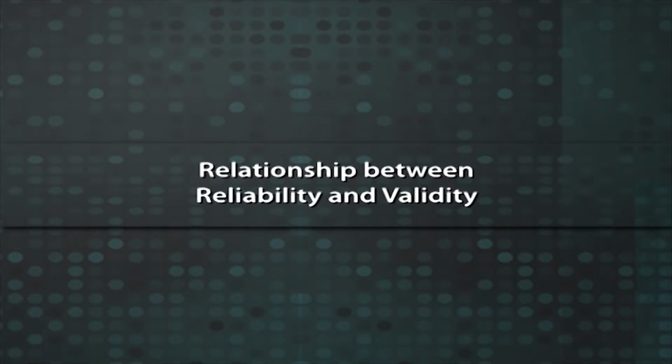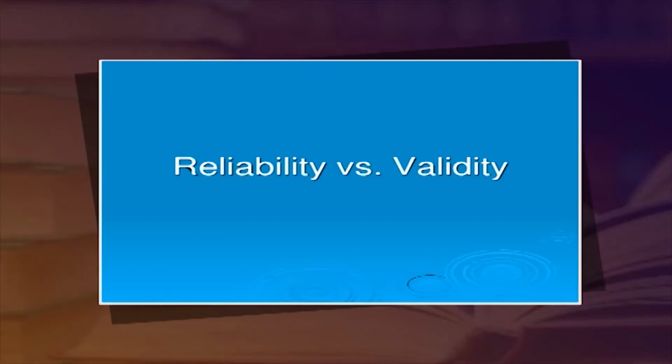Relationship between reliability and validity. Many a time people wrongly assume that reliability and validity are not related to each other. There indeed is a relationship between them, but this relationship is not a straightforward one. For the reliability and validity of a test, we have three different possibilities. Firstly, a test can be neither valid nor reliable. That is, a test which is not reliable cannot be valid either.